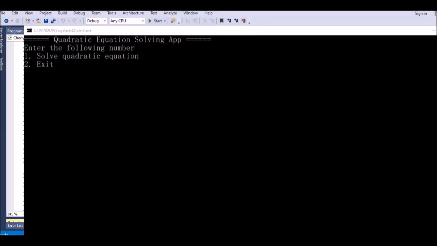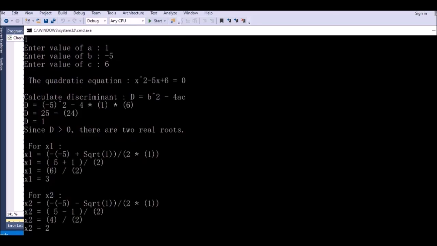Quadratic equation solving app. Enter the following number: 1. Solving equation. 2. Exit. For example, I put the number 1 and it says enter a value of a. For example, I put 1. It says enter the value of b. I put -5. And it says enter the value of c. So I put 6. So now the program will calculate the